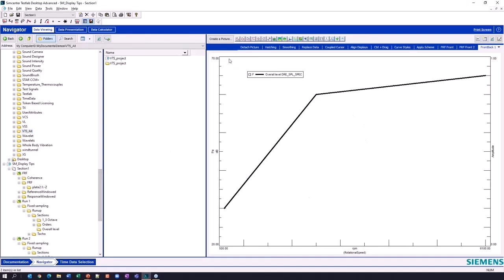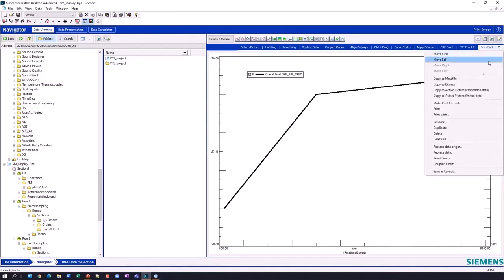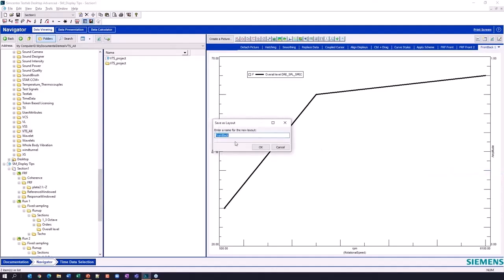So what I'm going to do here is I'm going to come up here and I'm going to say save as layout. And so you see, because I started with a front back display, it's going to say, let's call it front back. And I'm like, well, if I do that, every time I click this front back button, it's going to have this data be a part of that display. Okay, so anything I have in this display that I'm about to save as a layout will be included when I create a picture with that layout, including data. And I'm going to use that to my advantage in this case, but I certainly don't necessarily want to overwrite the front back in this case. So I'm going to call it _T for target.